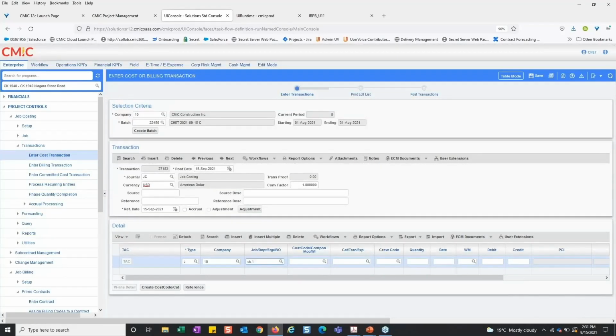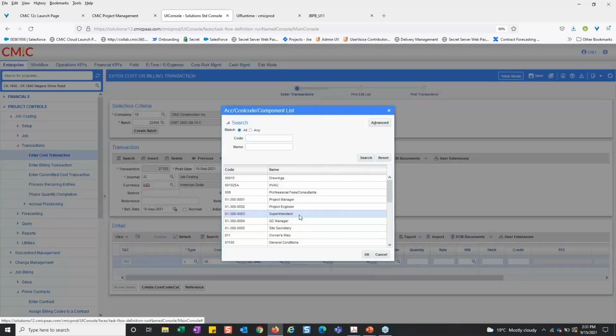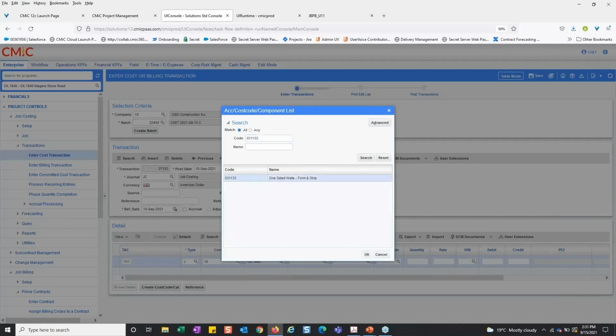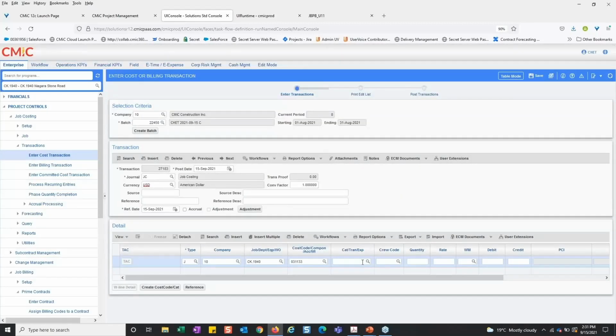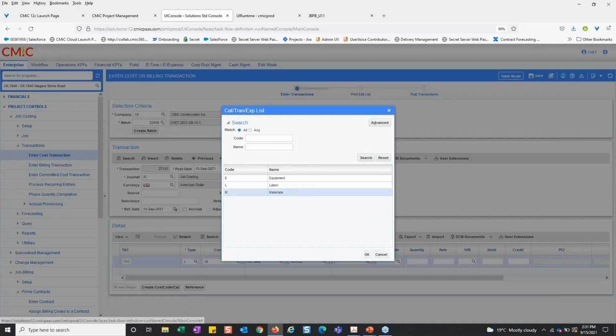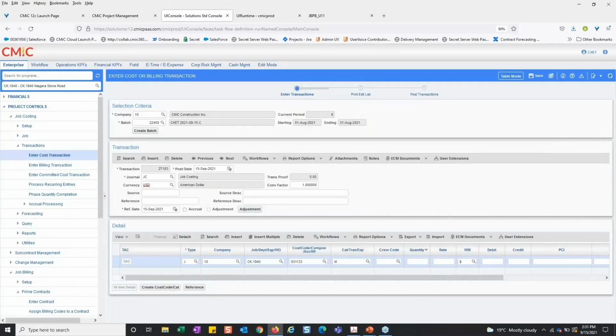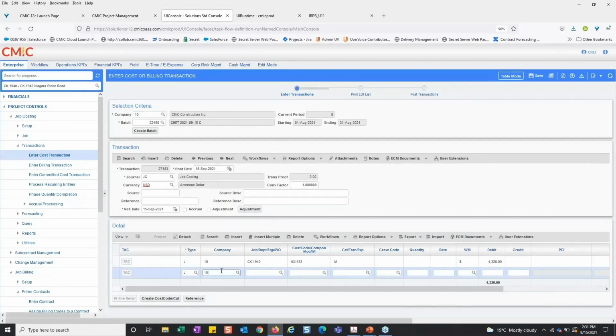Got the first part of it. Grab my cost code in this case. And let me just check which ones I had 4% complete. 03, 1133. There we go. Okay, grab my category. Let's use materials. And I can put in the quantity rate if I need to, but I'm just going to go ahead and throw in a debit of, let's say,